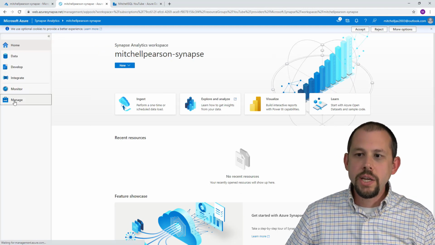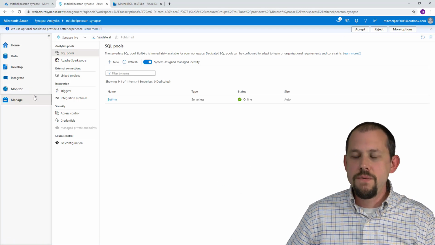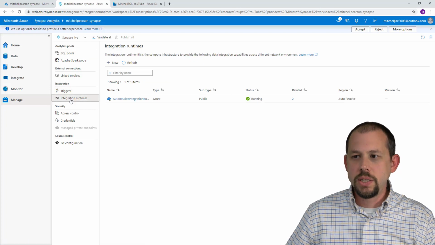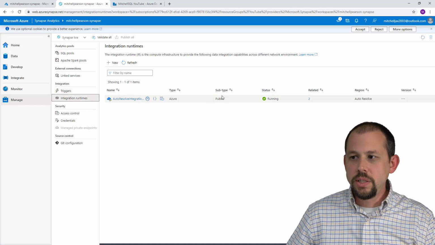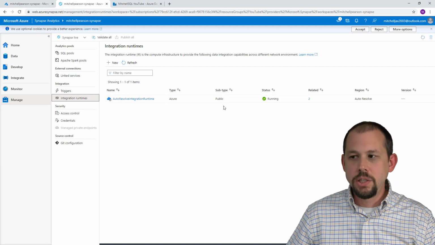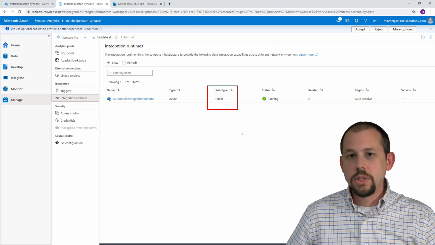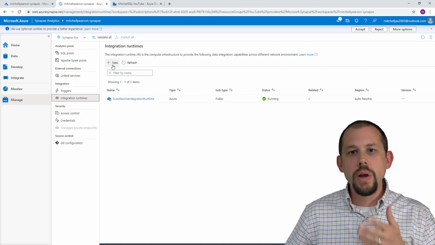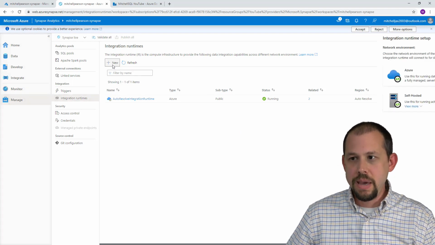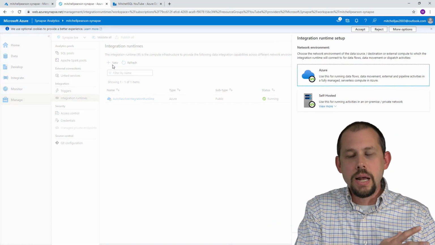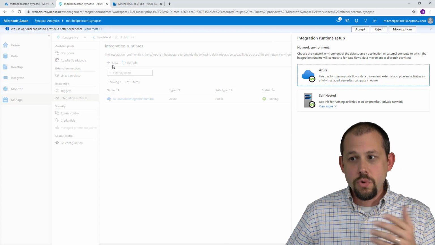If I go over here and go down to manage, just like we did in Data Factory, and then go over to integration runtimes right here, you'll notice that this is a public subtype. It's not a managed virtual network, right? So it's public. If I say, well, let's create a new integration runtime to lock this down and make it secure for all of my pipelines that I'm building in Synapse, I can create a new one,